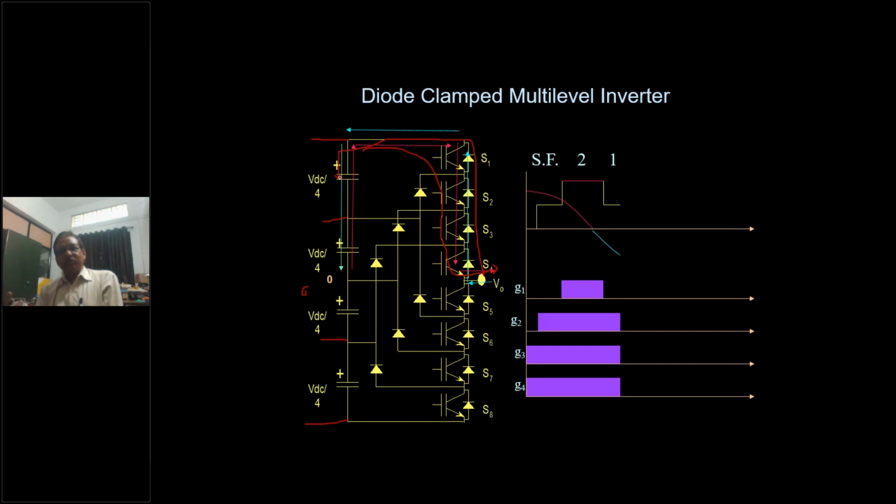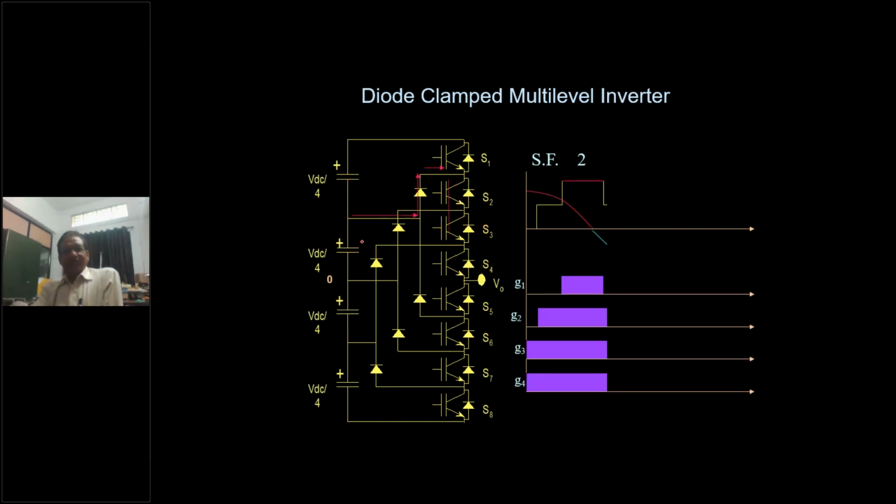Okay, so in AC there should be both paths. For example, when voltage is positive, see here current is positive as well as negative. So this positive current, when these switches are on, the current will come like this. And in this period current is negative, so current will go back in this direction. Okay, what is next? Return path is like this.